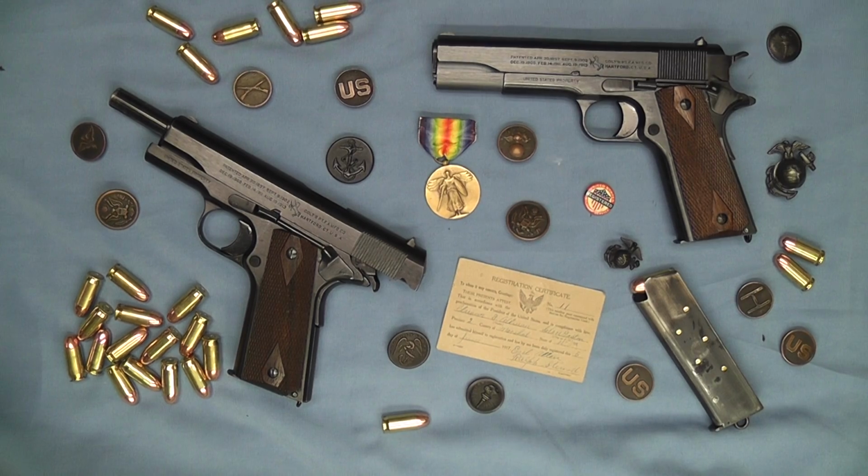And I just feel that it's not possible to really discuss the 1911 without including the First World War in this. Because this is, of course, the new sidearm to the U.S. military, and its design would prove to be very, very effective in the incredibly brutal combat encountered during trench warfare. And this pistol was so effective in its use that it was issued with 4 magazines with each pistol